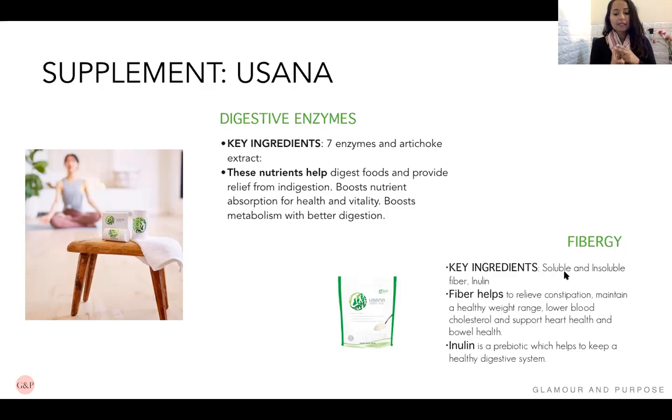And then it also has this thing called inulin. Inulin is actually the food for your good bacteria. What we call it is a prebiotic. So the prebiotic is actually food for your probiotic, which is your good bacteria in your gut. So when you're taking inulin, it goes and feeds that good bacteria, and that helps your